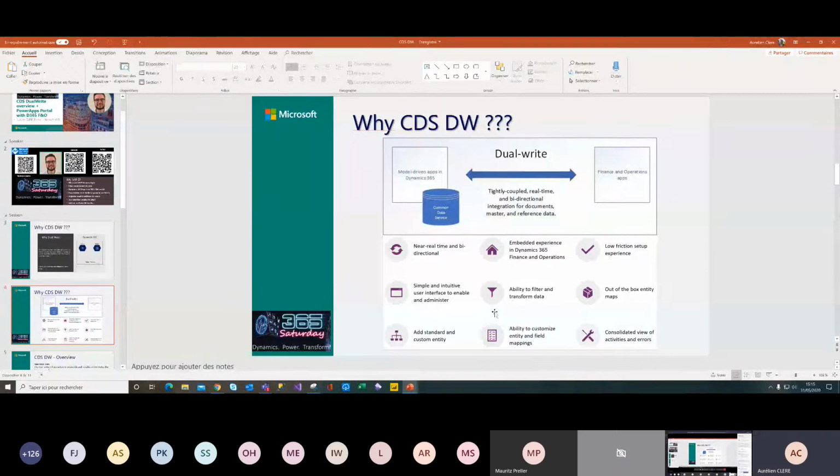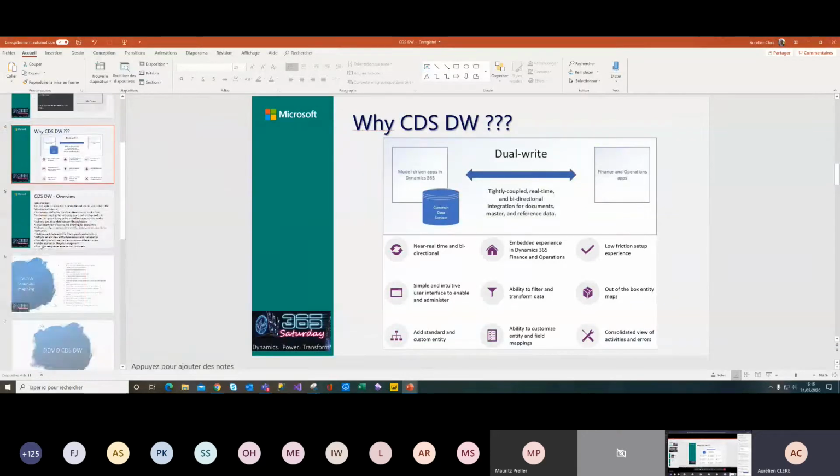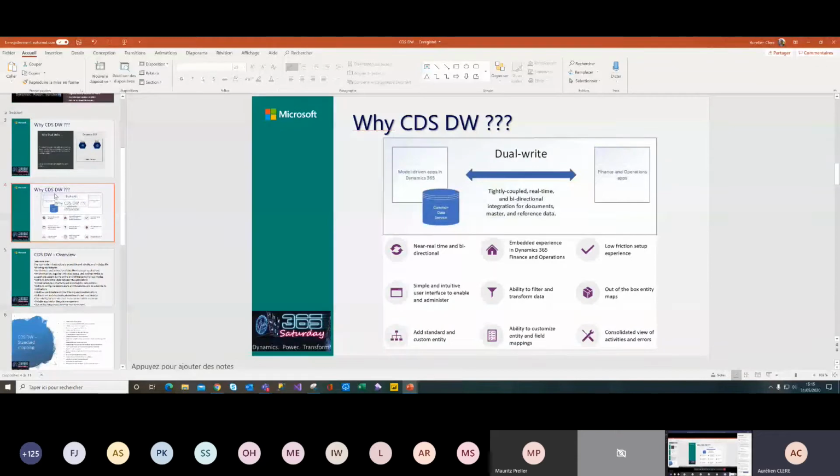So for some bidirectional syncs, you have to transform your data because it's not exactly the same field type. And maybe you just want to filter. You will see that dual write can be enabled for just one legal entity, but also for multiple legal entities. You just have to select, when you configure, which legal entity you want to sync.